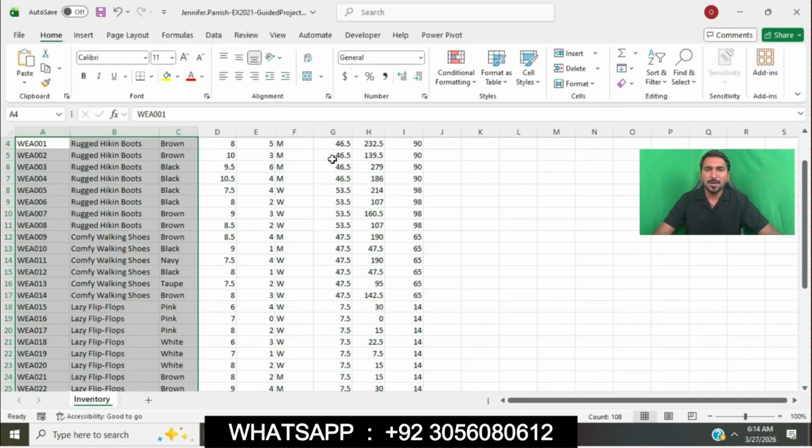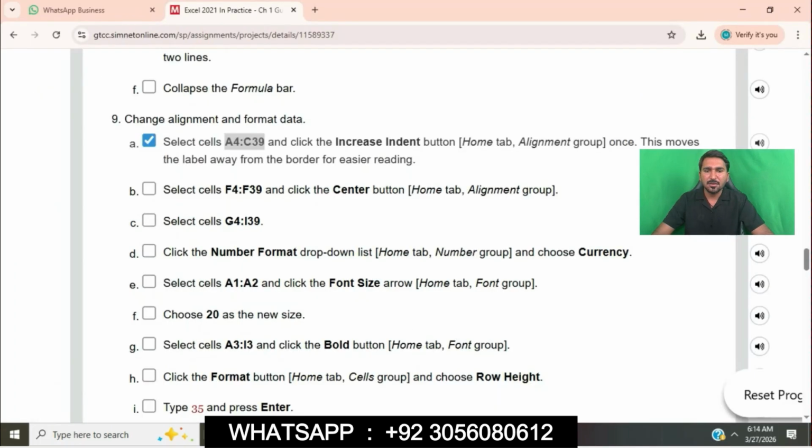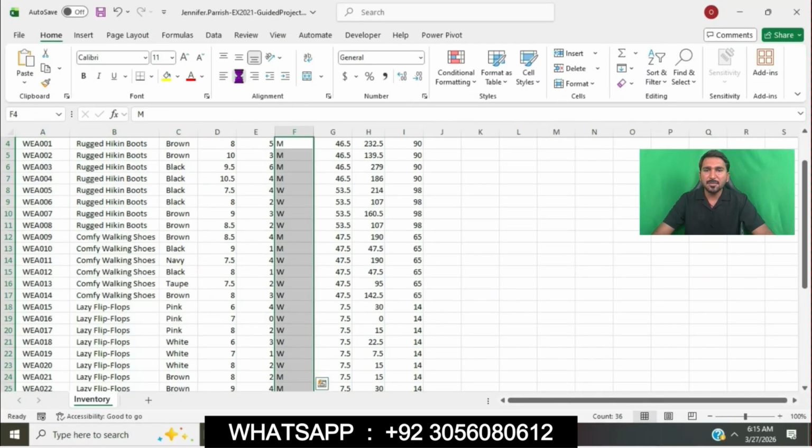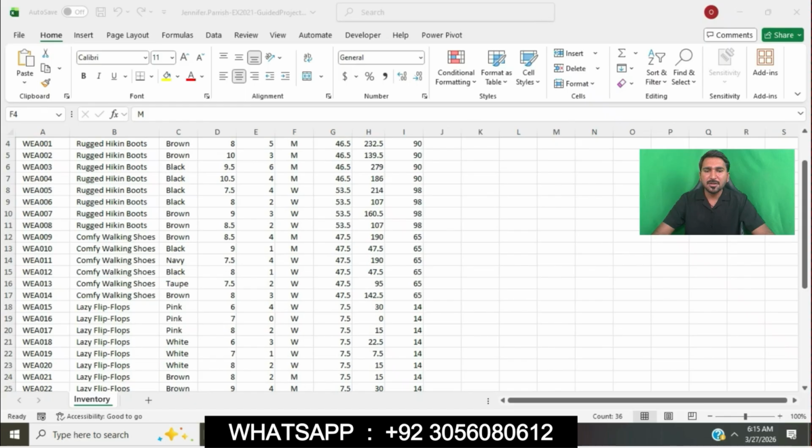Go to the Home tab and click the Increase Indent button once. Point B of question number 9, select cell F4 to F39 and click the Center button. We will apply center alignment in the Alignment group.